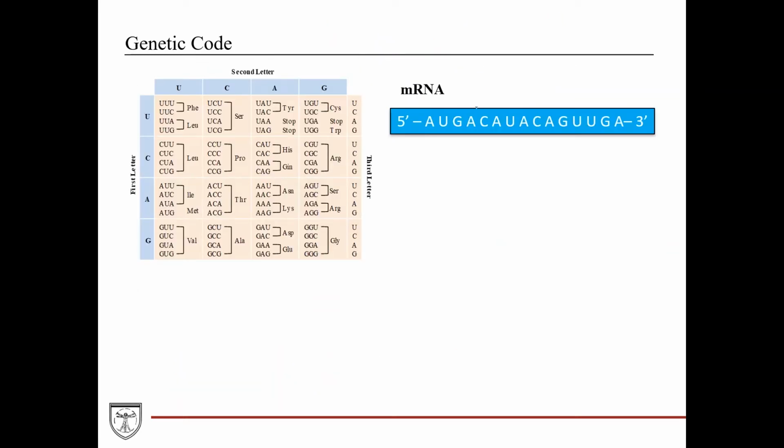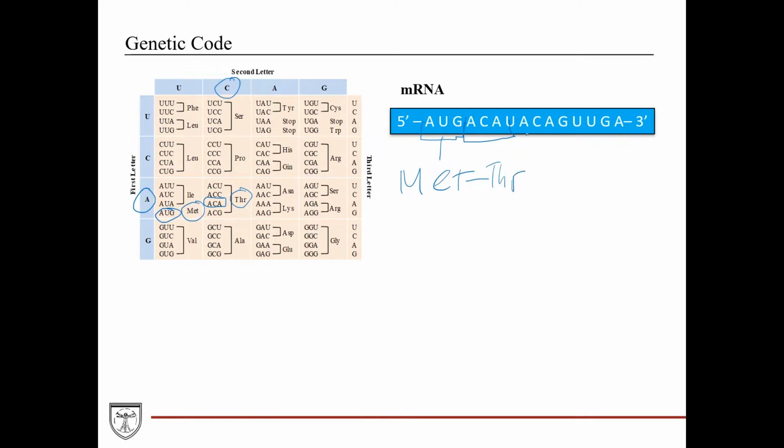So here we have an mRNA sequence. We're going to go through this using the chart here. So we'll start with the first codon, which, as you may have guessed, is the start codon, AUG. So you have methionine here. So we'll start with methionine. Then we go through ACA. So we start here with the first letter, as you can see here. Then the second letter, C. So we come down here, and you have ACA, which then corresponds to threonine. So that's our